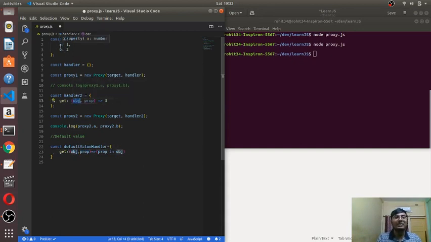So this object is the target, meaning the one we are applying this on. For now we are applying on this target object. So my object is this target and my prop is A and B. So if someone does target dot A and target dot B, they were getting 1 and 2. If someone did target dot C, what would it get? Undefined.